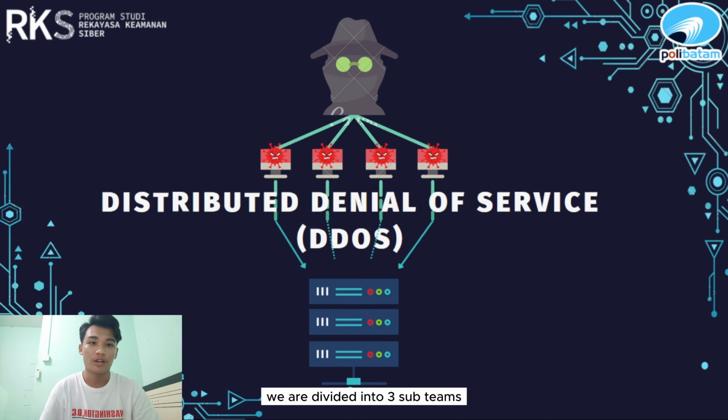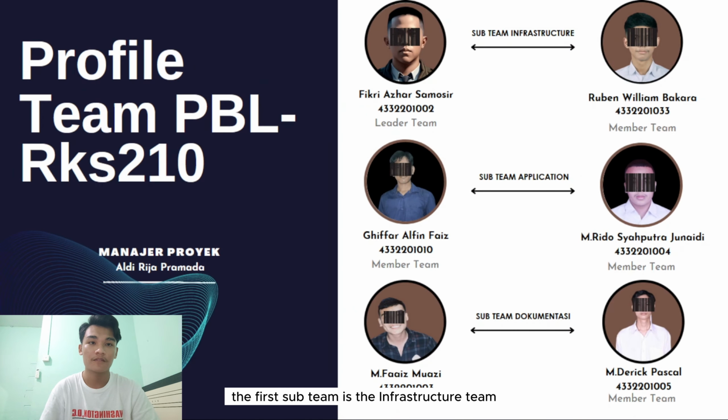In this project, we are divided into three sub-teams. The first sub-team is the infrastructure team, responsible for designing the topology to be used for simulating the DDoS attacks and creating the text script. The second sub-team is the application team, tasked with developing the DDoS application for various interface types and creating a Python SSH script to send attack commands. Lastly, the documentation team is responsible for documenting the progress of application development, including recording each meeting conducted with the